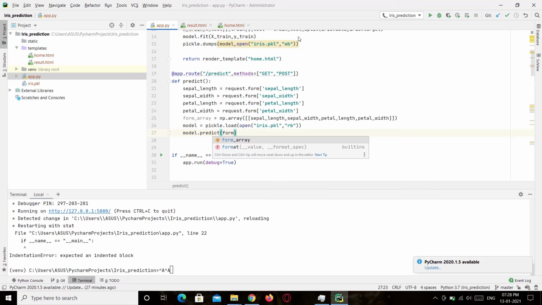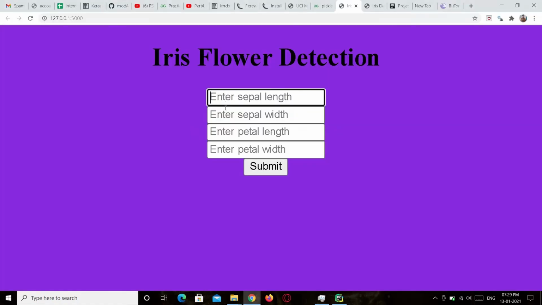We'll be giving the form array into the predict function and taking the first value of the array and storing it in the prediction value. From this, we'll be getting the values entered by the user, and when the submit button is clicked, the predict function will get invoked. Now I'll show you the HTML code for this.